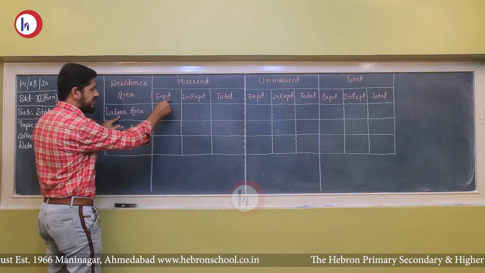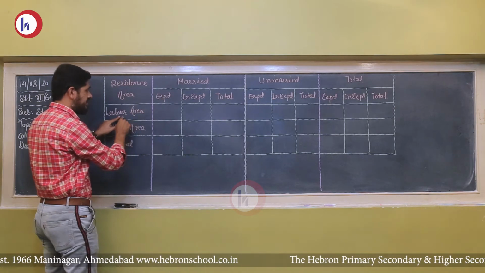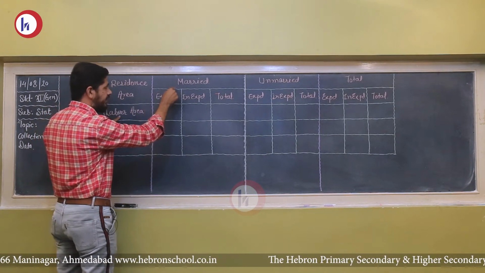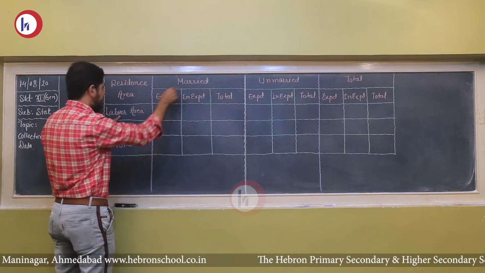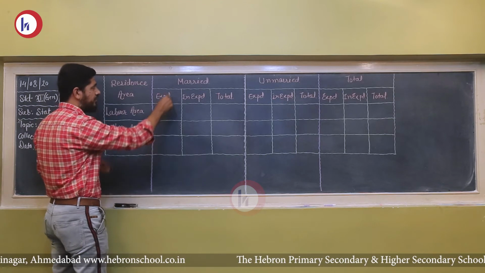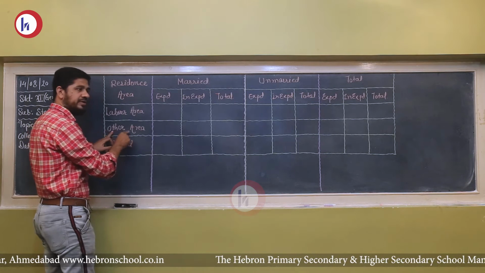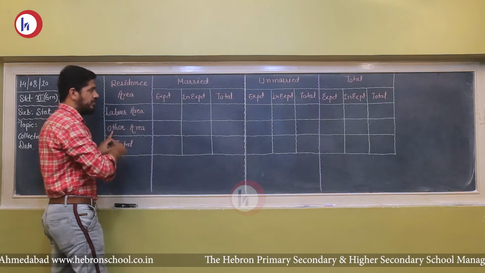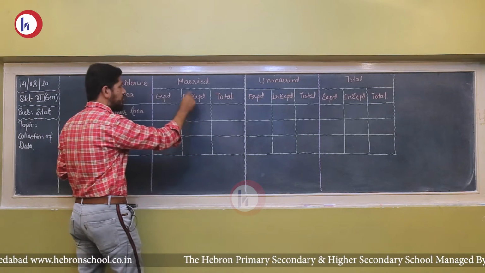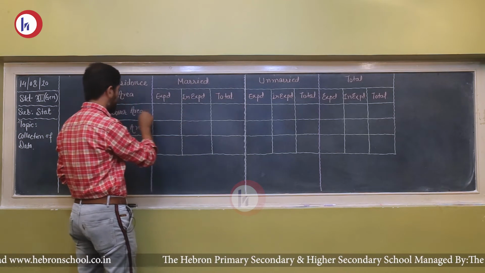On the upper side you can see experience, again you can see married, on the left side you can see the labor area. So the number of women who are experienced, married and live in a labor area. This block indicates the number of married women who are experienced but live in other area. Now this block indicates the total married women, experienced plus inexperienced, who live in labor area.